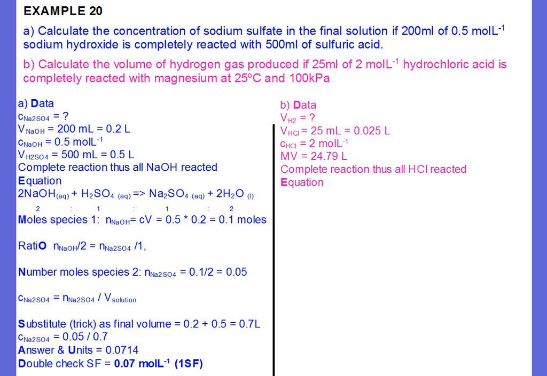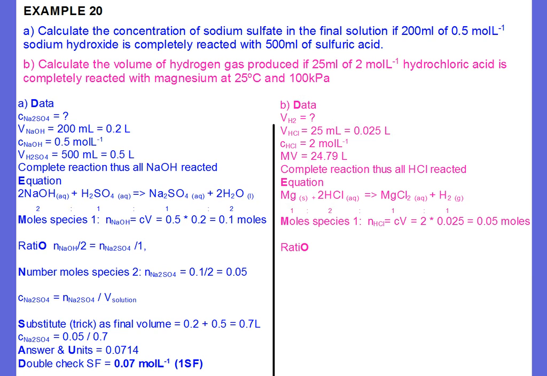So what's the equation? See if you can pause the video and write down the reaction equation. Hopefully you found that 1 solid magnesium reacts with 2 aqueous hydrochloric acid molecules to produce aqueous magnesium chloride and hydrogen gas with a mole ratio of 1 to 2 to 1 to 1. So that's our D and E. The next thing is the moles of species 1. We've already said we've got enough data to find the moles of hydrochloric acid. Number of moles equals concentration times volume, which in this case is 2 times 0.025 gives us 0.05 moles